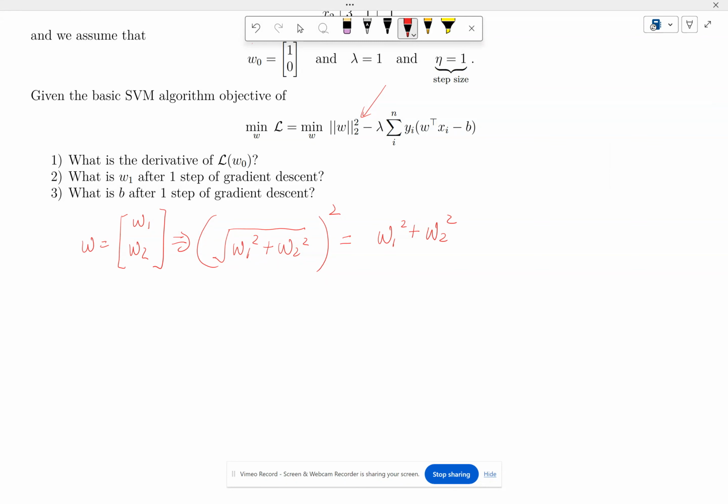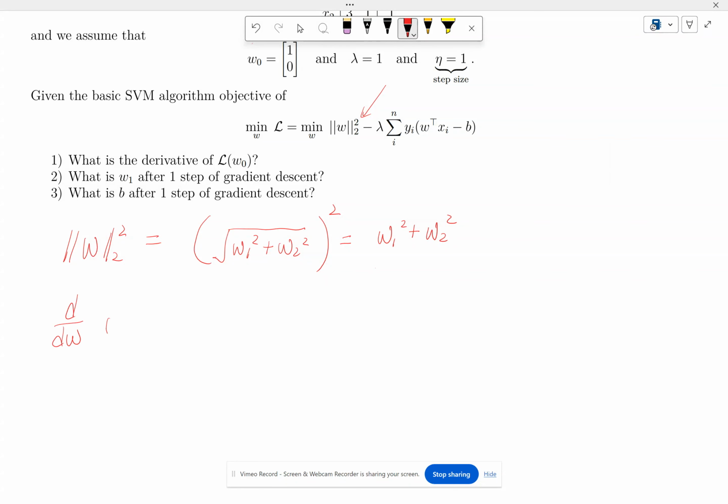Essentially this term here is equal to this right here. Now, if we want to take the derivative with respect to W,